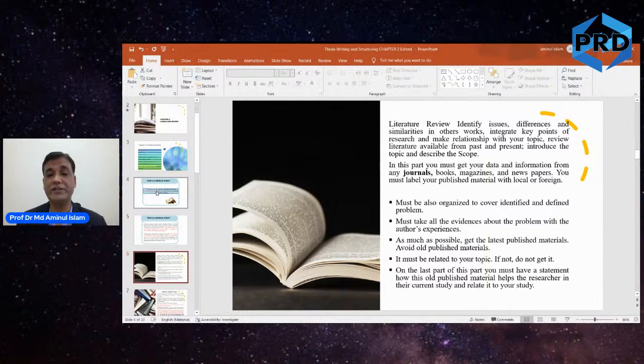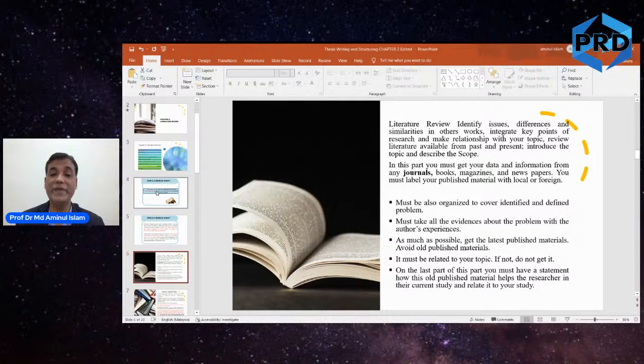So when you are doing a literature review, we should be able to organize it to cover the identified and defined problem. Remember, we already identified the research problem and we defined it. Now, when we are doing a literature review, we have to make sure that the research problem becomes the nucleus. So everything we do is revolving around the research problem. Even the literature that we obtain has to revolve around the main theme of the research problem, which will become a dependent variable later on.